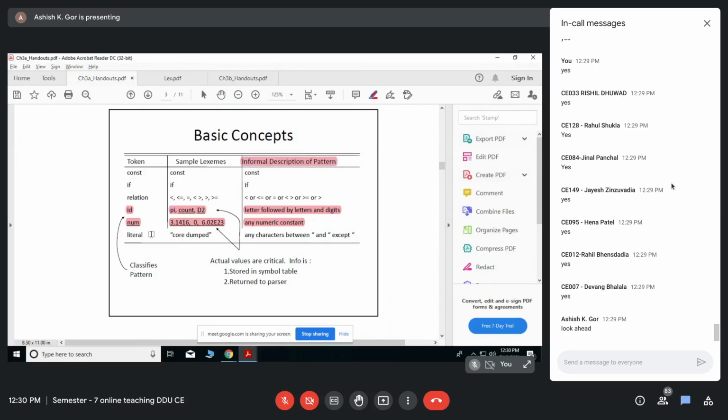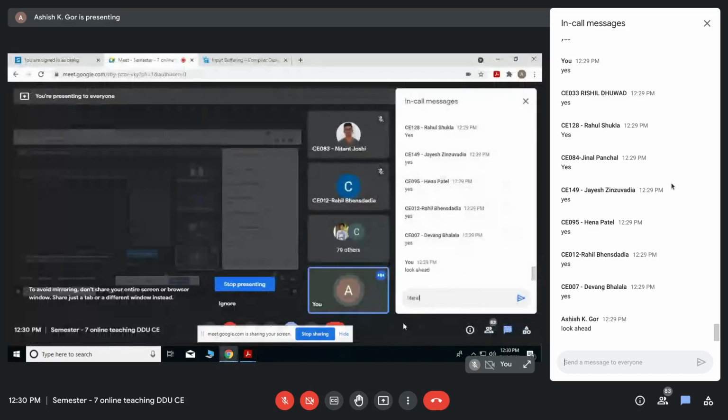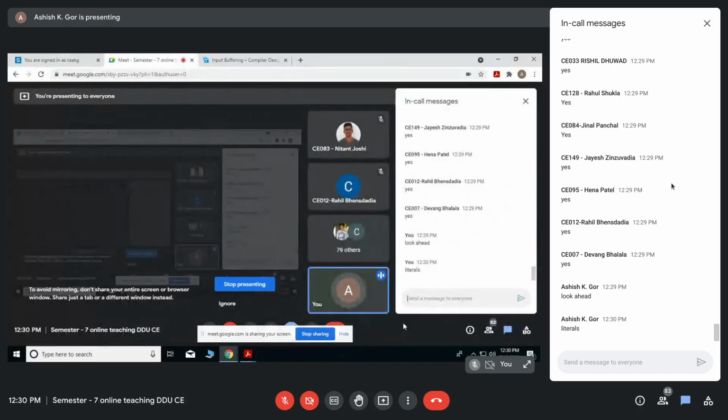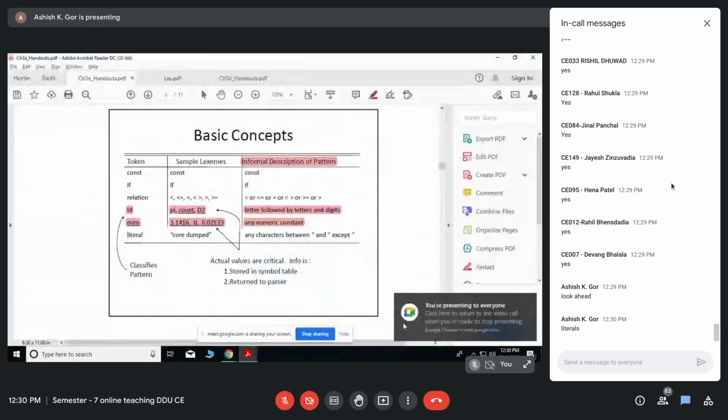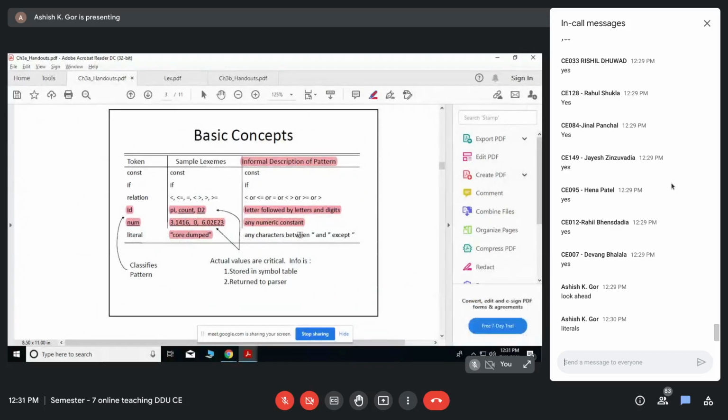Then you must know about literals. Can anybody define what a literal is? You must have studied this, right? String literals or something like that. So this is a literal, and you can see in double quotes there is something, core dumped, core space dumped. Any characters between these double quotes, except the double quote characters themselves, so you should not have double quotes repeatedly coming in between, would form a literal.